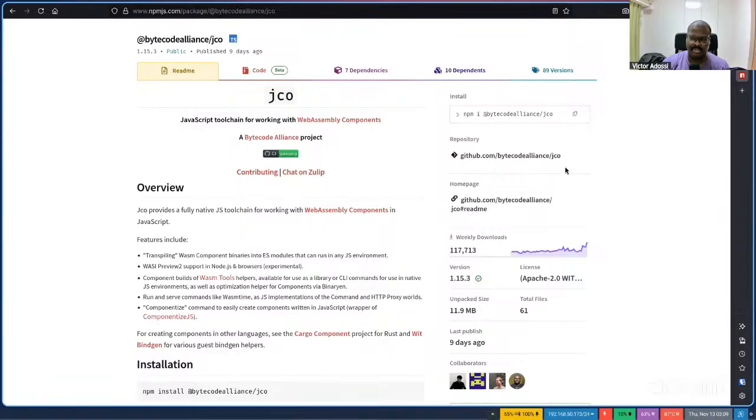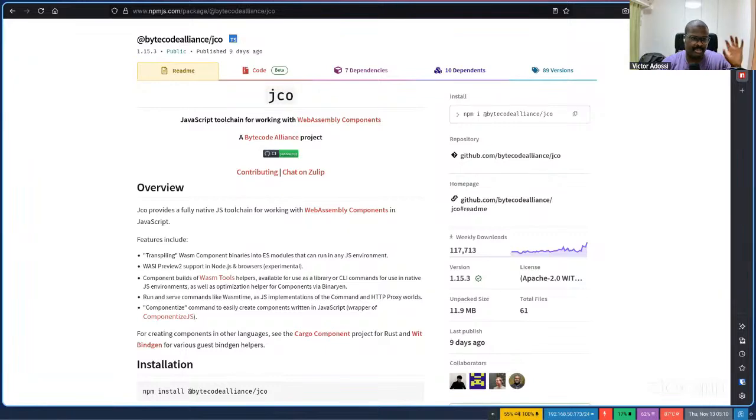This means that you can take a WebAssembly component and run it anywhere that you have a JS engine. Let's say V8, not StarlingMonkey, or in the browser, or in Node.js with V8 underneath.